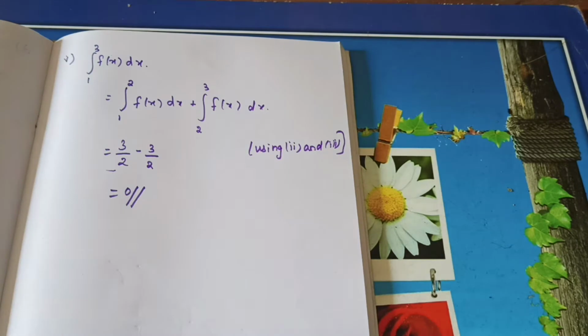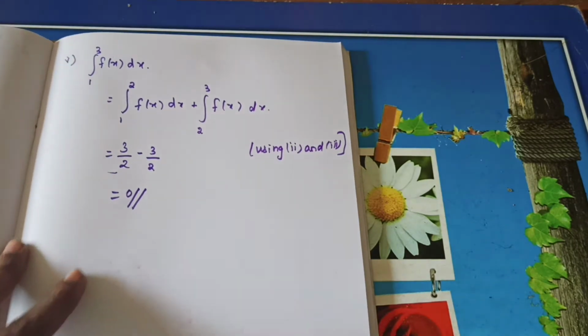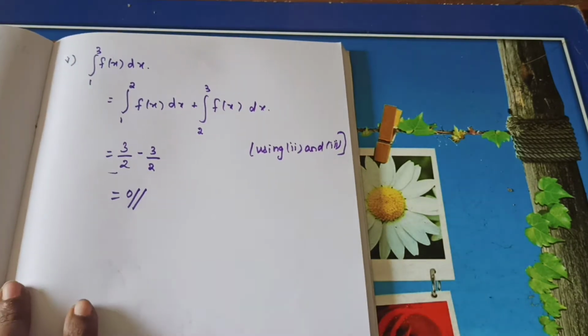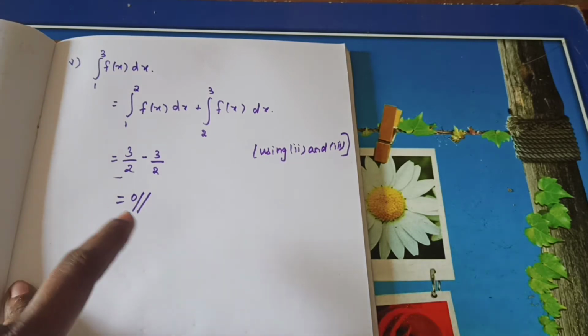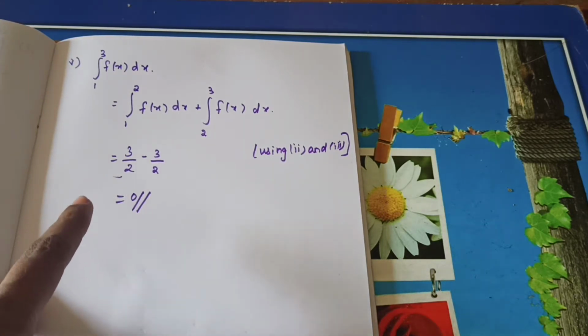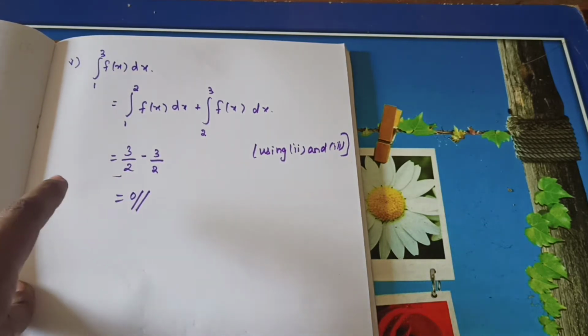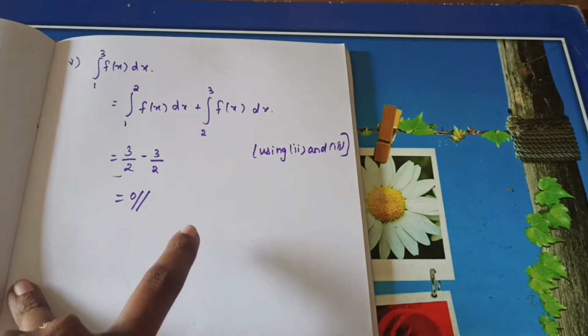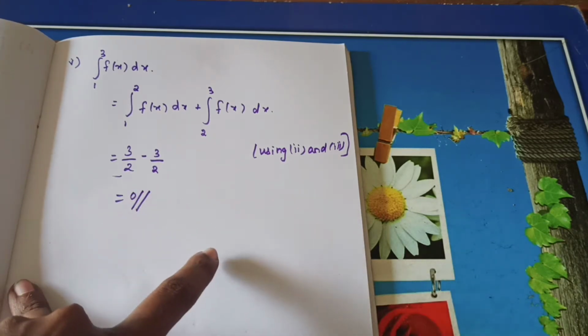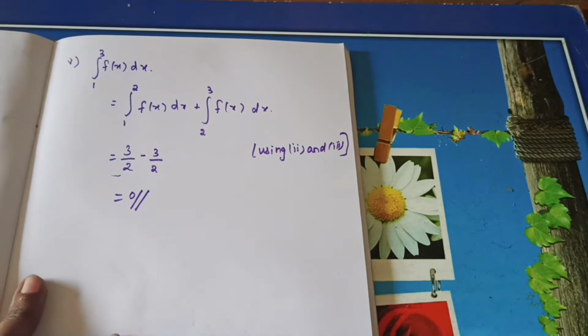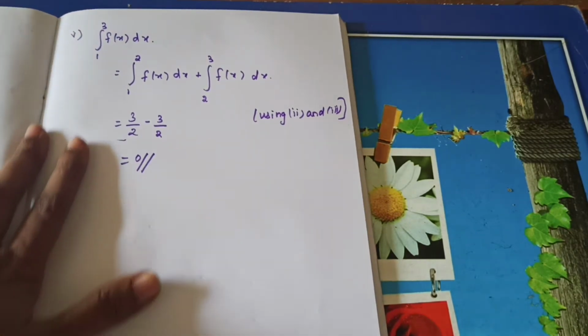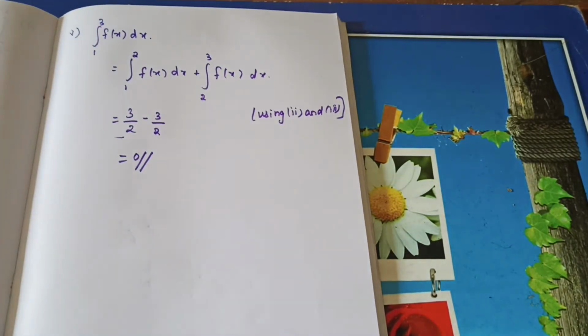Same as this only, the fifth Roman also. 1 to 3, they did not give us a direct integral, so you need to split it into 2: 1 to 2 f of x dx, then 2 to 3 f of x dx. The value of 1 to 2 f of x dx you have found in the second section. The value of 2 to 3 we have found in the third section. So substitute, the value is 0. Understand? So very easy, because of that I just explained. Got it? Okay.